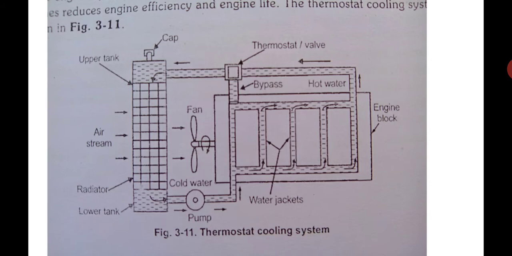The water is entering from the bottom, but here there is a pump. Between the radiator and the engine there is a pump. This pump sucks the water from the radiator sump and pushes the water through the engine. The water flows through the engine jackets, becomes hot and comes to the top. When it comes to the top, you have a bypass valve. You have a bypass valve as well as a thermostat in this system. I will tell you about this.